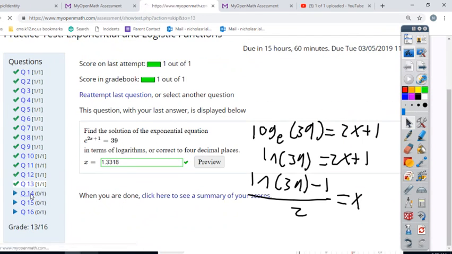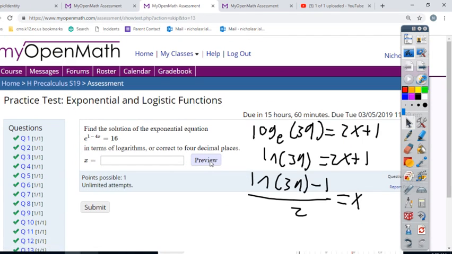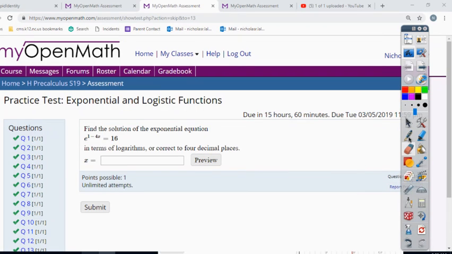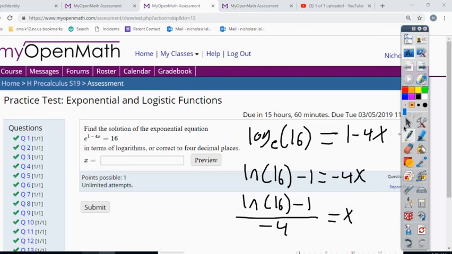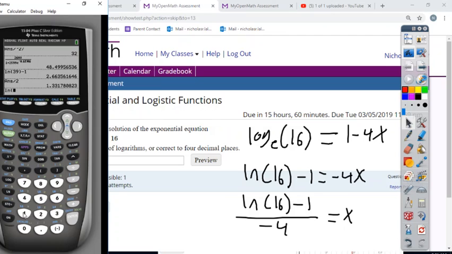Alright, 3 more questions. e to the 1 minus 4x equals 16. So the log base e of 16 is equal to 1 minus 4x. Means that ln of 16 minus 1 is equal to negative 4x, which means that ln of 16 minus 1, over negative 4, is equal to x. So take my calculator, evaluate the ln of 16